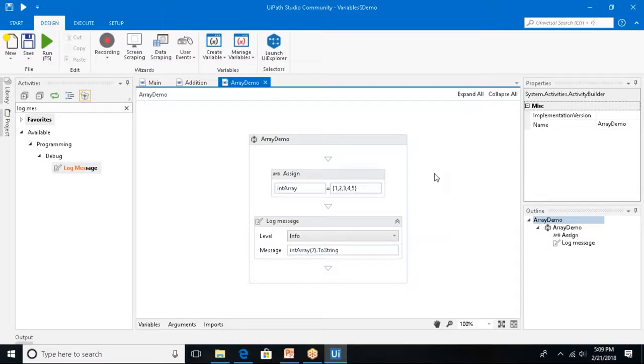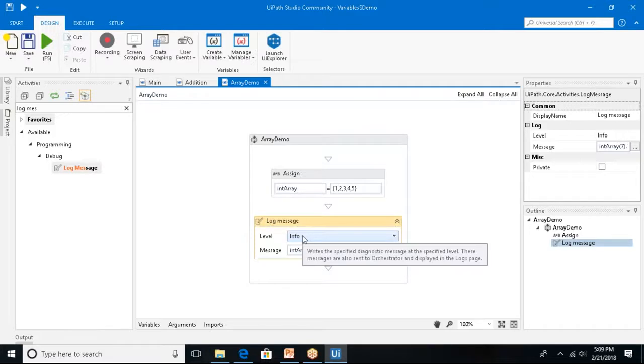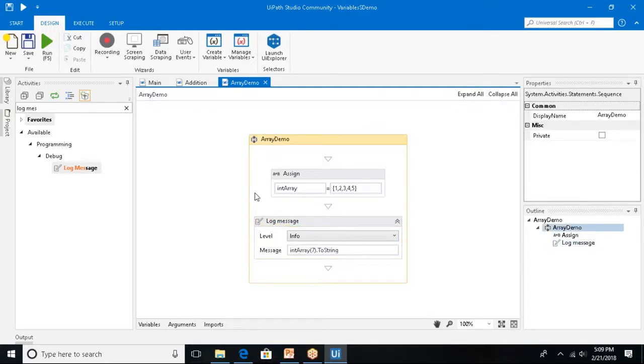Actually, in real time we have to use the log message option. Here I have a lot of log levels available, as we discussed. Write line is just an activity, and we have write line also for displaying data on the output, where we cannot filter the data. If you write the log message, whatever data you are displaying in the log message, what will happen